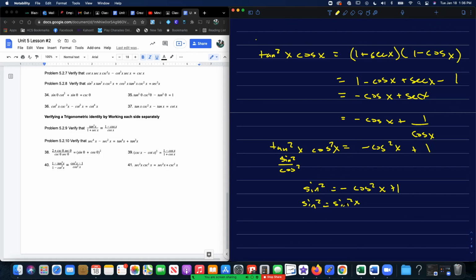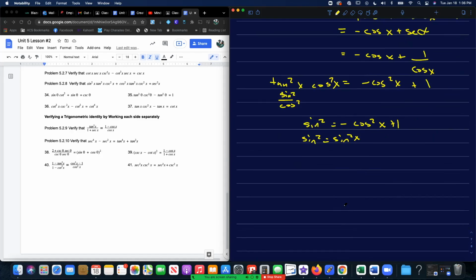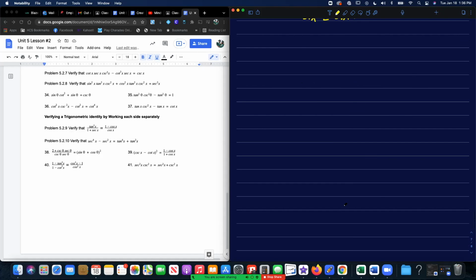All right, that last one, I would treat these as difference of squares or sum of squares. Honestly, I don't even think it's all that bad. I think we'll leave that as a challenge for you guys. So if you all get through lesson 2 today, you're in very, very good shape. And if you get stuck,